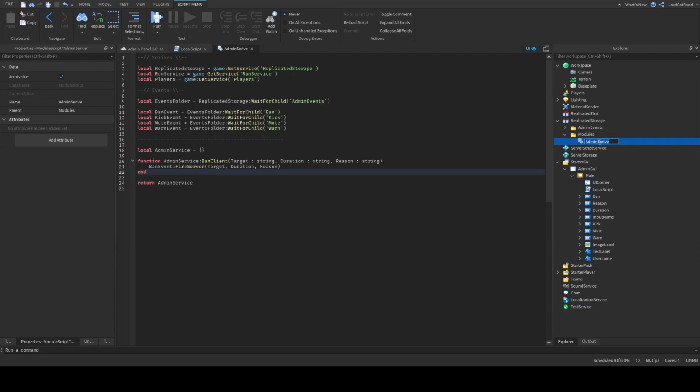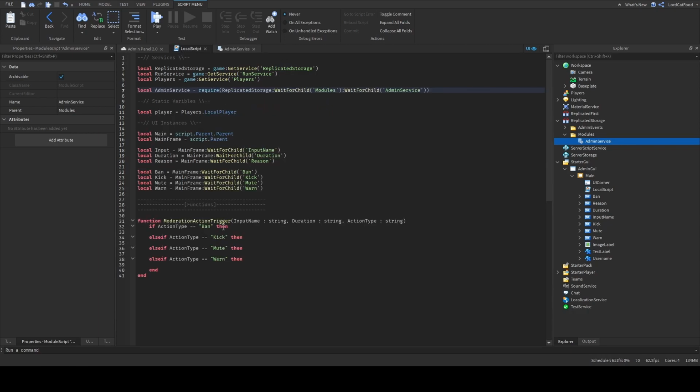We're going to call this admin service up here because I forgot to rename the module. Let's rename this admin service. I completely butchered that spelling. There we go. Now that you've got that, you can just call over here admin service colon ban client, input